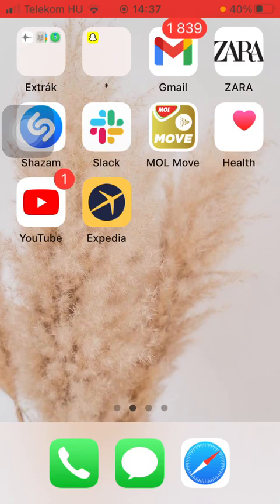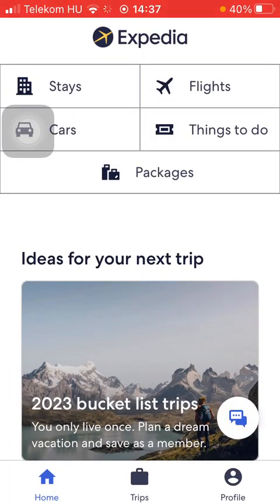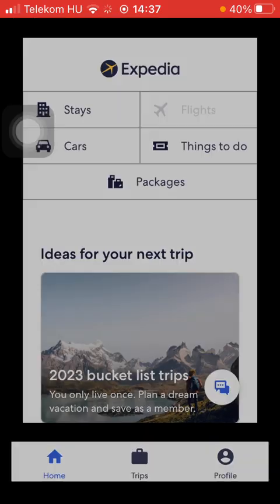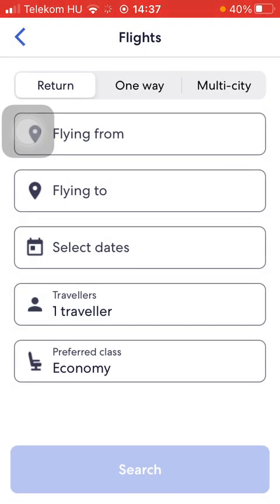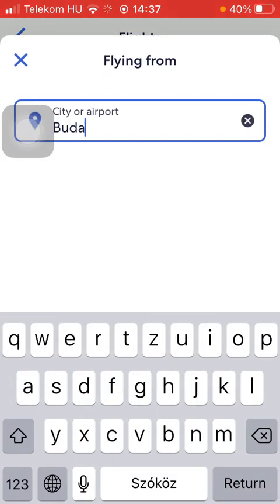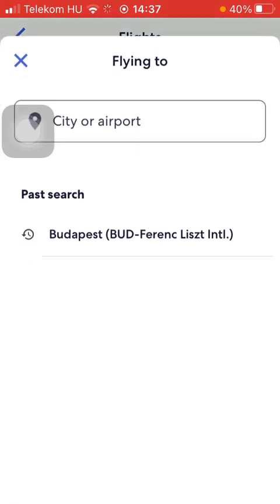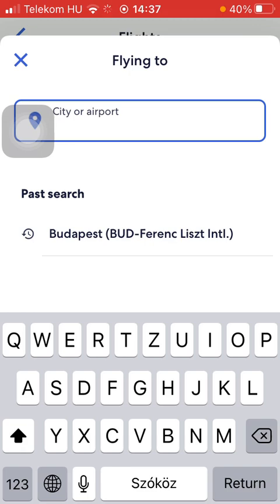First of all, open the app on your phone. Then click on the home button down below in the left side corner of the screen and click on flights at the top. After that you should select your type of trip, such as return, one-way or multi-city. Then you should select your departure point, type it into the search bar, select from the results and click on the next box to select your